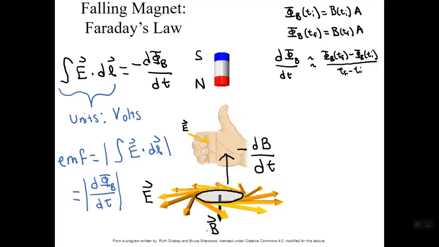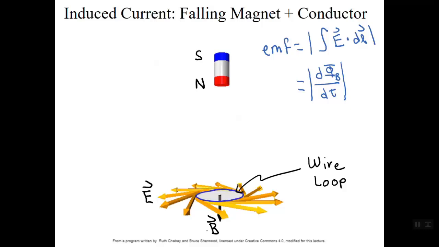Now we know an EMF can serve as an energy source in a circuit. In order to have a circuit with flowing current, we need a conductor. So let's imagine that we have a wire loop that follows the closed path around the shaded area. Faraday's law tells us that there would be an EMF around the circuit. So we would expect a conventional current, capital I, to flow in the wire loop in the direction of the curly electric field. We call this an induced current because the time-changing magnetic flux is said to induce the current